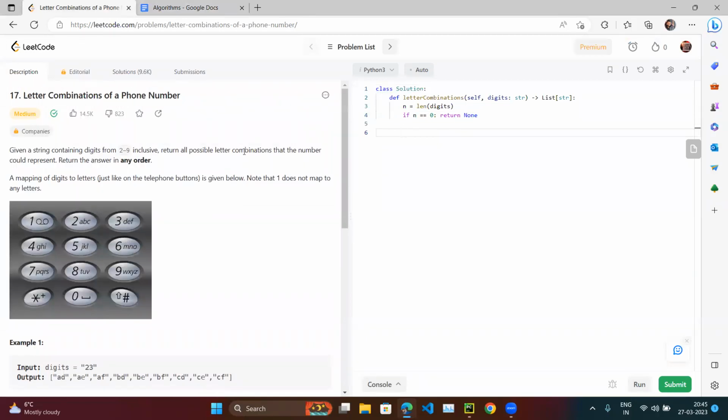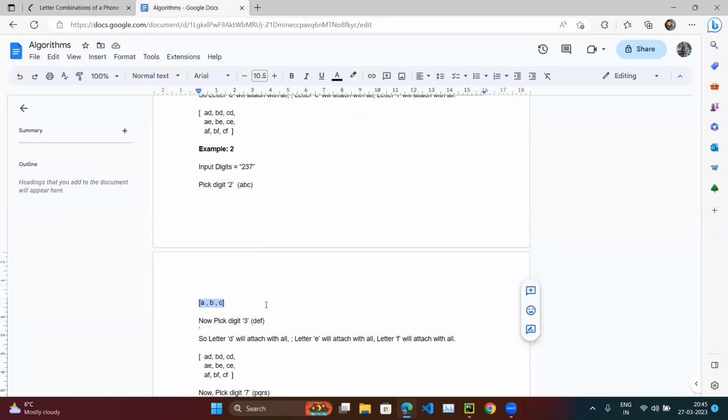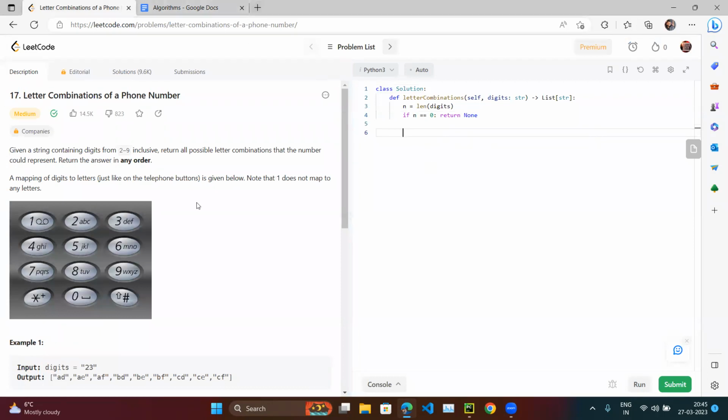Let's suppose n is equal to 1. Then we have to generate our output, ABC. How are we going to generate it? First we have to store this combination, because if only 2 is given, we have to generate A, B, C. But before that we have to store this combination: 2 corresponds with ABC, 3 with DEF. So let's store it in a dictionary, which is our hash map. So 2 has corresponding ABC, 3 has, sorry,